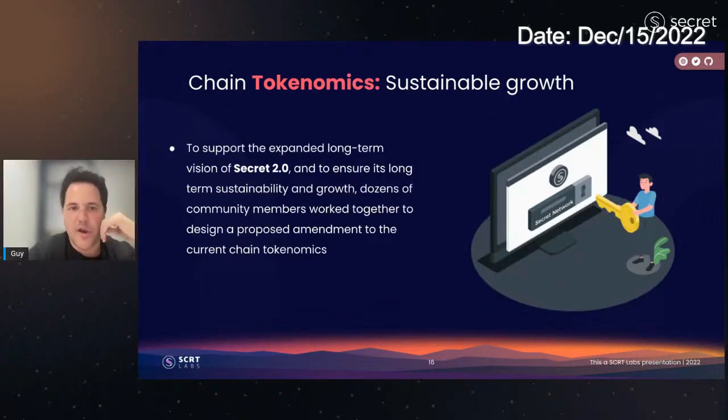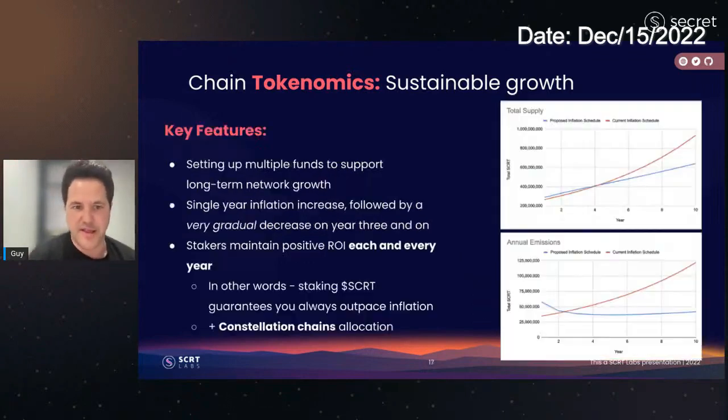And now the last part that I want to talk about is what does this mean for tokenomics? I really think that we came up with something that would actually have been much more optimal. If we were designing Secret today from the get-go, this is what we would do. That's the idea. And the key features for what we came up with, and this is not my own work, I can't thank enough the dozens of people in the community who've commented and worked on this, is that we want to enable growth.